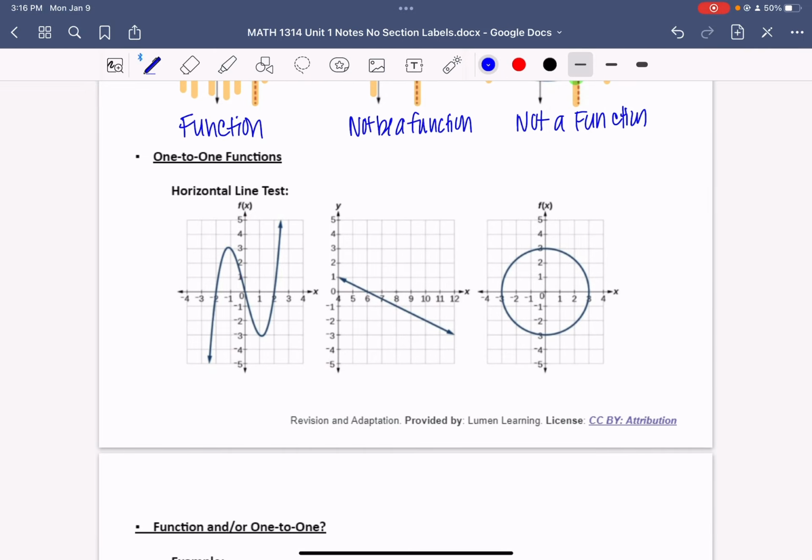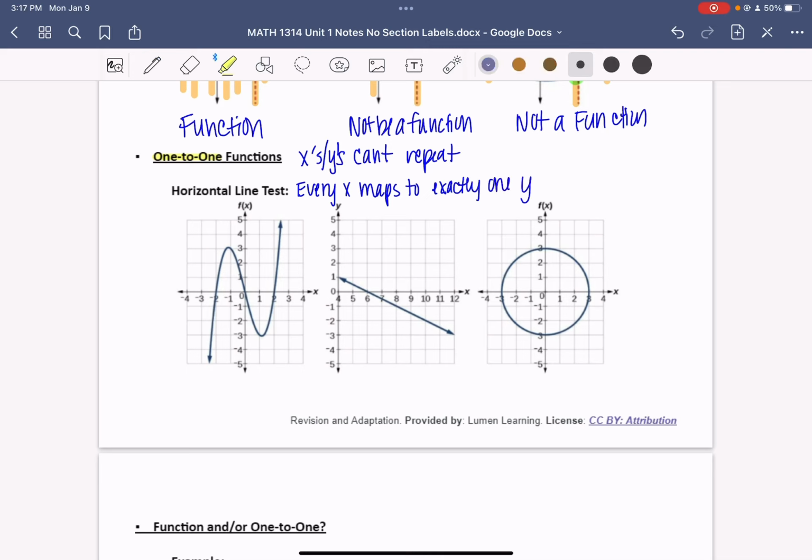A more specific type of function we could consider is a one-to-one function. The fact that it's one-to-one is a very specific type. So with a function, we said that x's can't repeat. Well, with a one-to-one function, we say x's and y's can't repeat. And how do we figure that out? We do that by the horizontal line test. With the horizontal line test, what it's making sure of is that every x maps to exactly